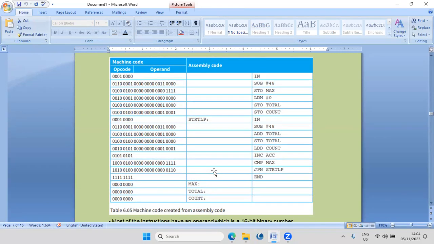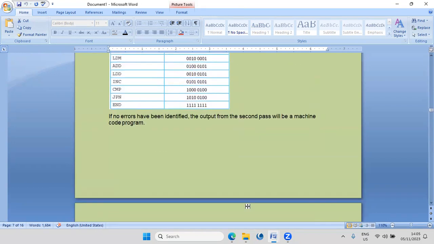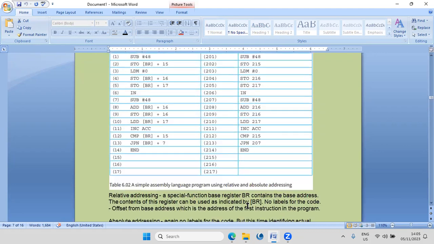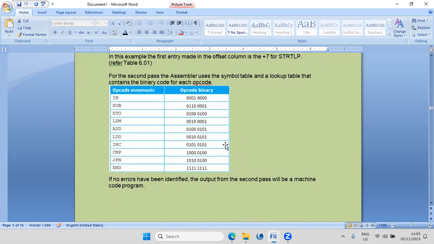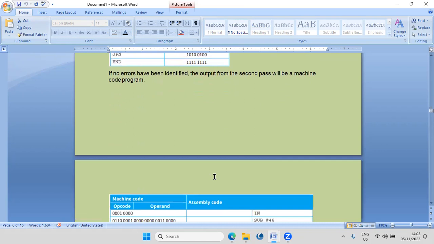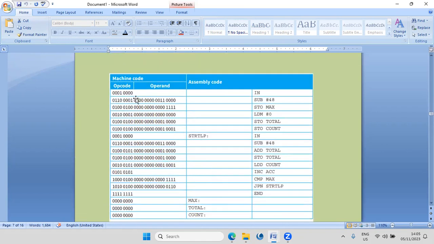So this shows machine code created from assembly code. So we have the assembly code here, and we translate this, like for sub, if you put the respective number, it will be like this. For in, so the program will look like this. Opcode is this. Let's take, for example, in. For the in, this is the assembly code. On this side, the assembly code is there, and this is the translated machine code. So in is